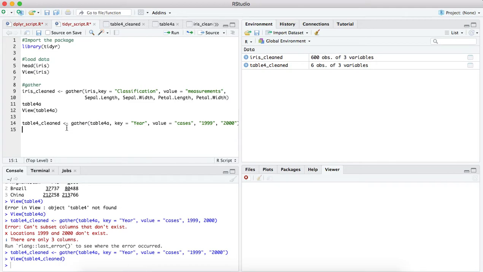You can always pause, go back and check and see how you can do it. Good. Now let's look at the separate function now